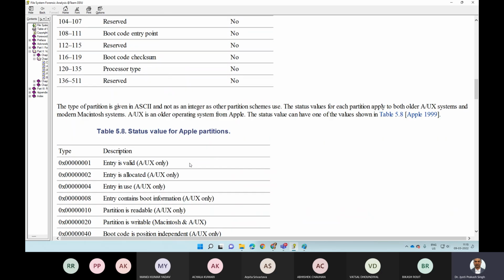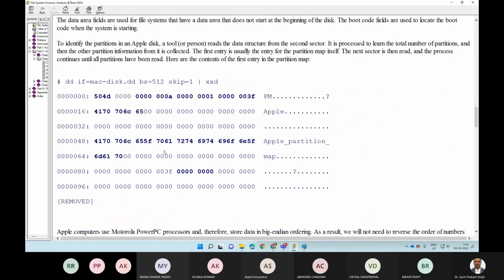In this book, the entries are from a similar dd command, and they have analyzed an Apple disk. If you look into this you do not need to reverse, because this analysis was done for an Apple disk which was configured for a Motorola Power PC. Again I am repeating,